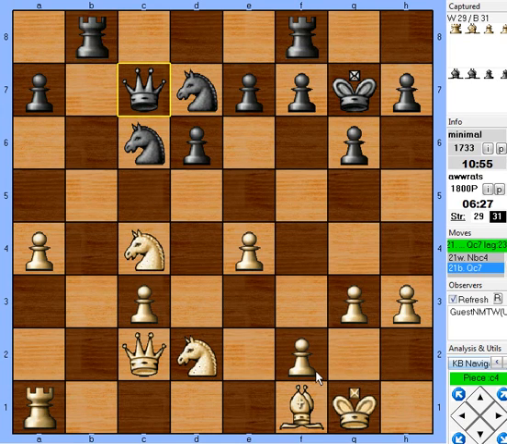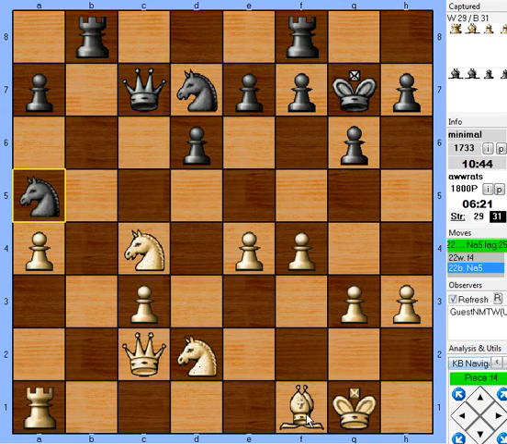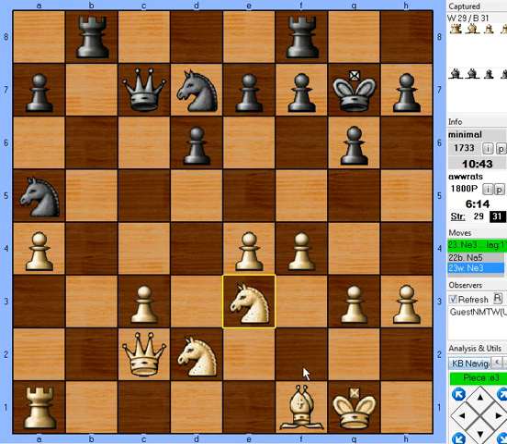So what I need is to keep him out of e5 with a knight. So I'm going to do that and invite him to create some weakness in his position. For instance, if he plays e5, I can play knight e3, and I'm ready to hop into d5 with my knight. Okay, so he does that. That's fine. I don't need to take that. I'm just going to come back to e3 and plan